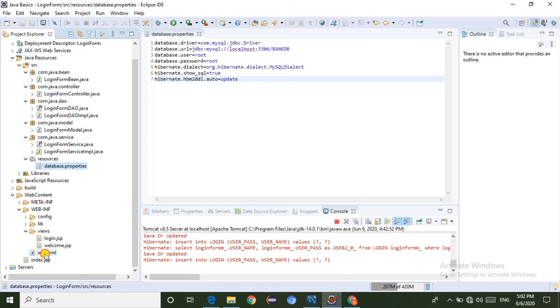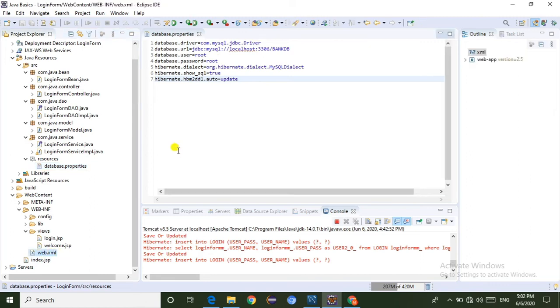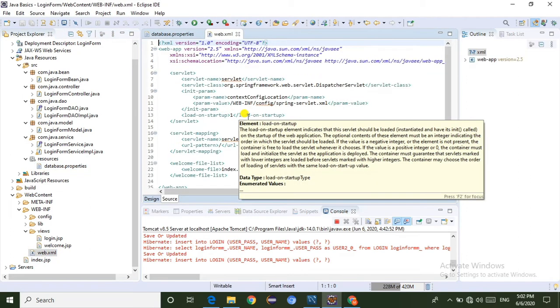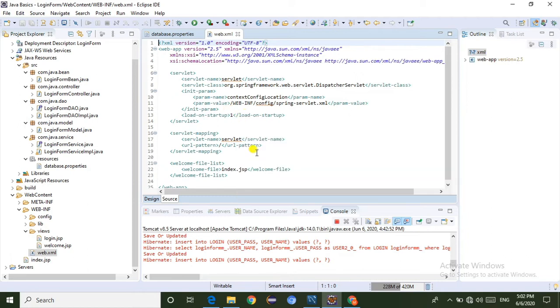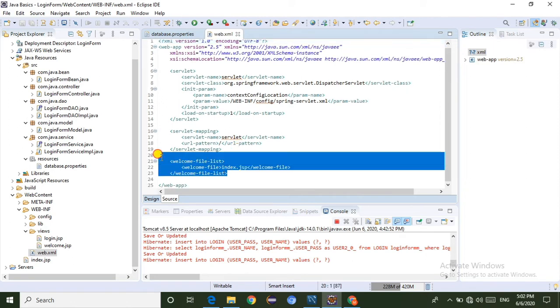Whenever this index.jsp page is loading, now I am going to explain the flow of the project. It will take the index.jsp here, and this is the web.xml file. This web.xml file is nothing but a deployment descriptor. It contains all the front controller details like servlet details and the welcome file list.